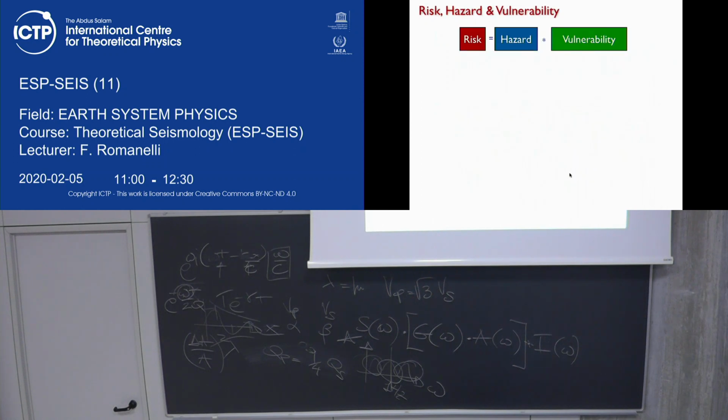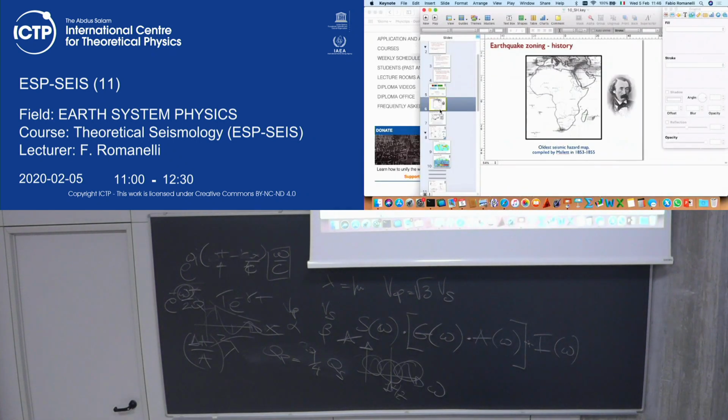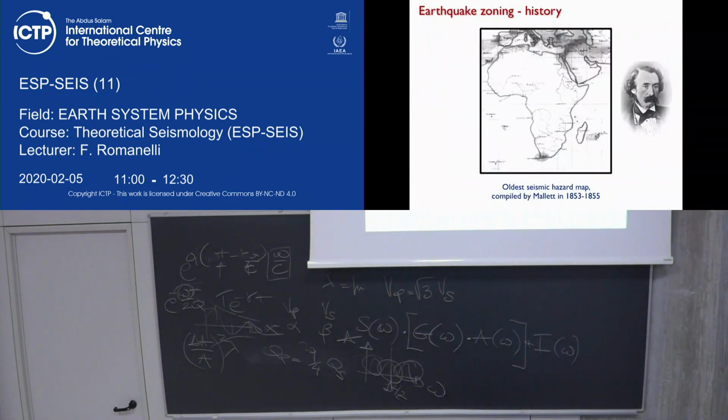That was there just to show to you the evolution. The first hazard map, maybe, that can be called a hazard map, is coming from Mallet. Long time ago he was visiting Italy, and he was there when the Naples earthquake occurred. So he produced this map that has some hotspots. Of course, here hotspots are related to the places that he had been visiting at the time. That's why you have large dark areas here, and here because he was visiting South Africa. But it's the starting. What's next?